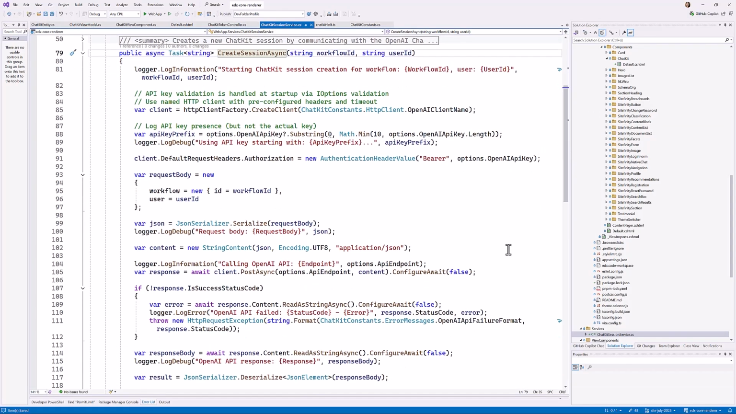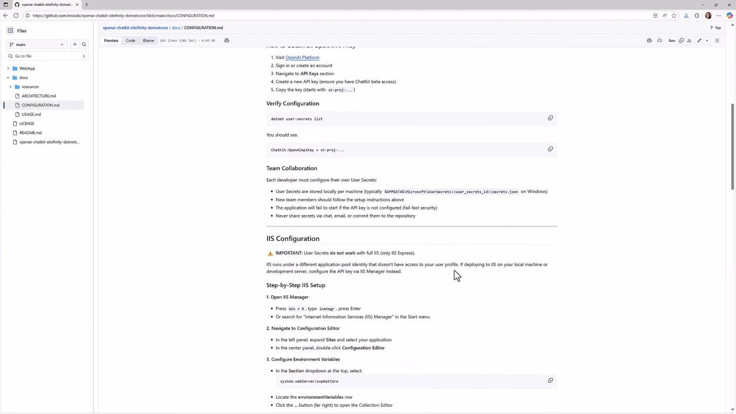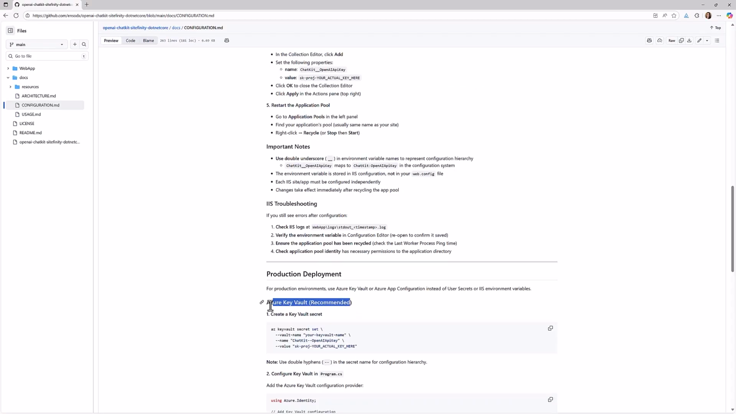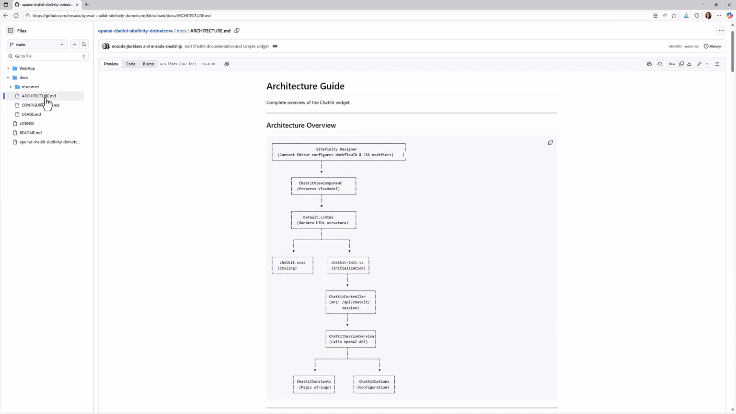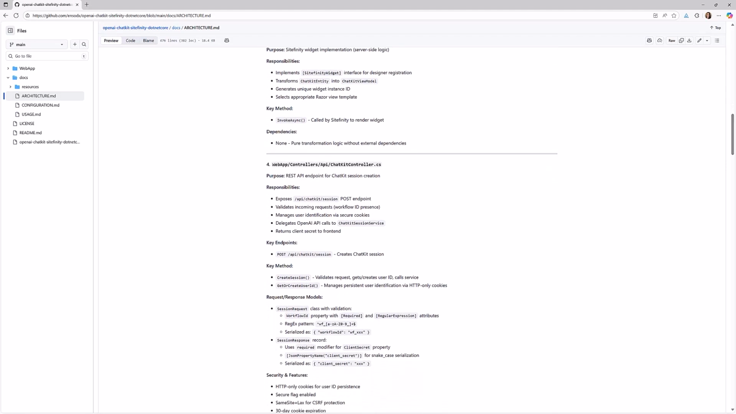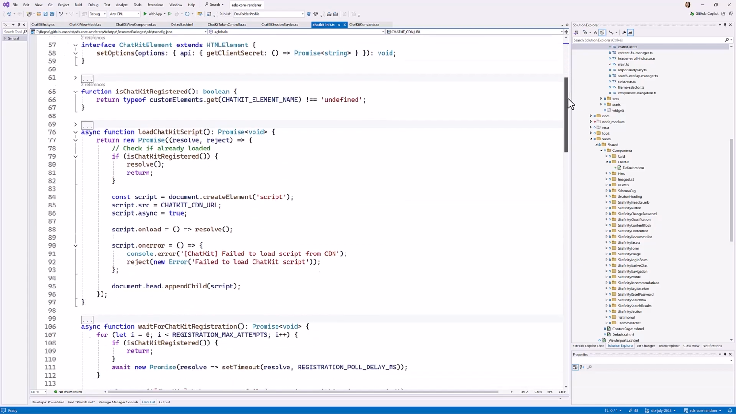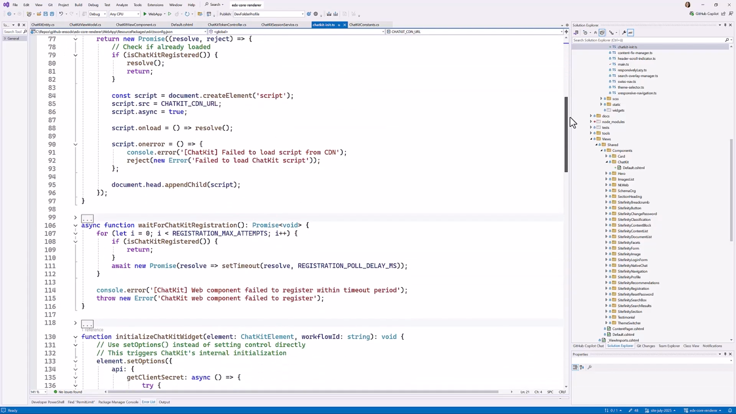Additionally, AgentKit requires you to store the OpenAI API key depending on your setup, local or hosted. You can use either user secrets, IIS environment variables, or Azure Key Vault. For an in-depth explanation on how to set this up, request a copy of our widget, which includes the in-depth architecture and configuration guides. On the front end, a TypeScript dynamically loads the OpenAI ChatKit library, finds all the chat